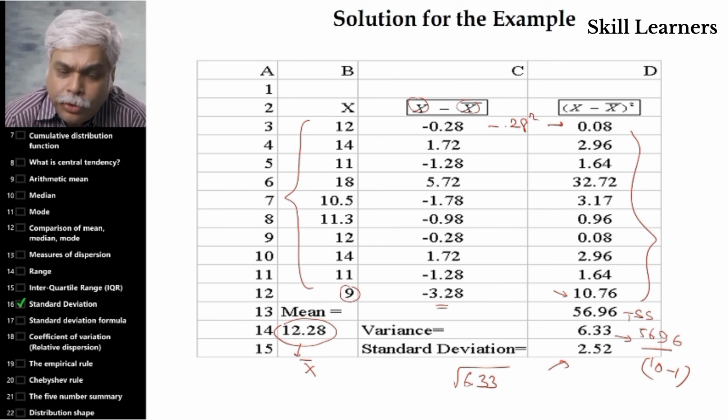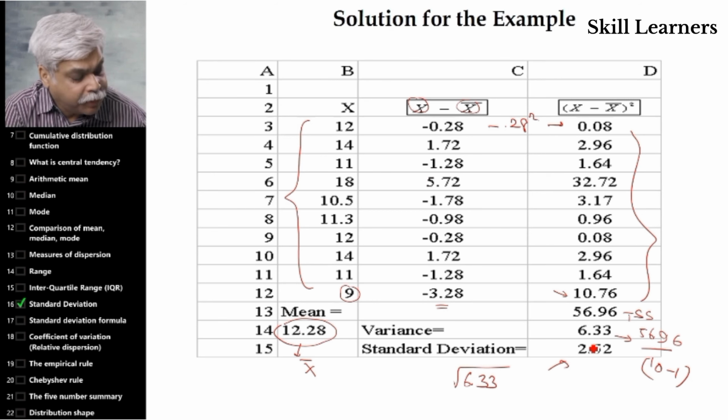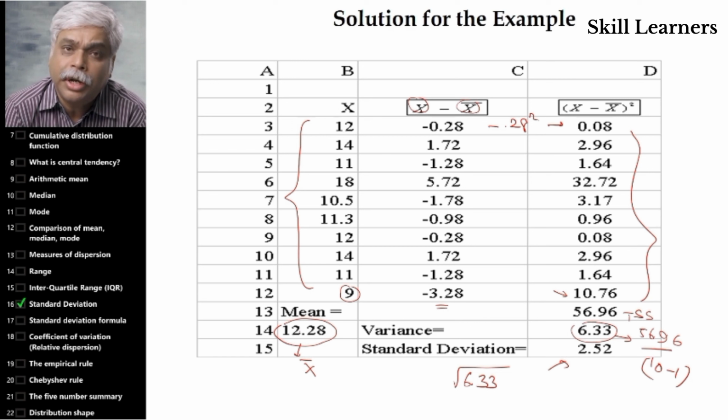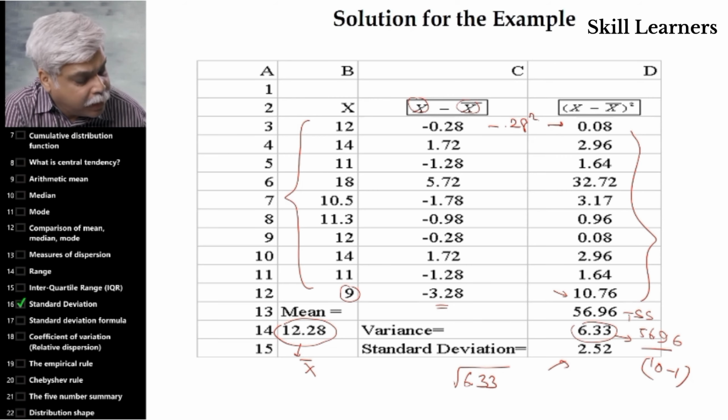Why do I take square roots? Because remember, my original observations are in percentages. When I've squared and added them up and averaged them up, I've observed something which is an average of squares, squared returns. But I'm not interested in squared returns. I'm interested in something that is in the units of percentages, returns themselves. So therefore, after taking the variance, I take the square root, which leads me to 2.52 as the